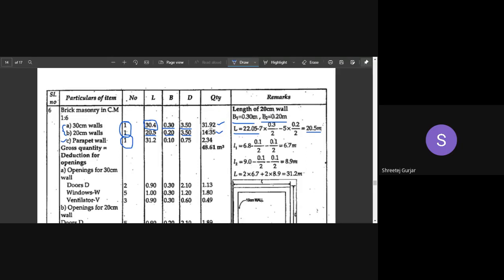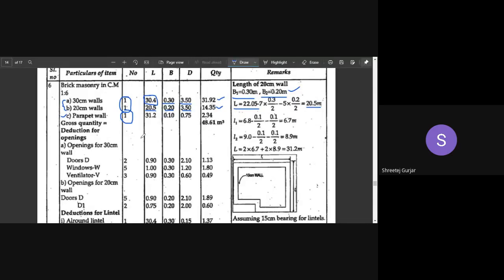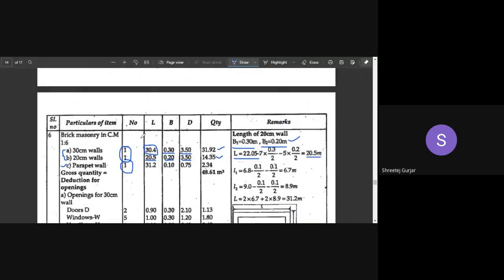So this is clear, this is very easy, so understand and remember this step wherein B1 and B2 are different. Okay, remember this, do not make a mistake while calculating this. Do not use B1 is equals to B2, which we have done in calculation of stone masonry. Okay, so coming to your parapet wall, you can see that parapet wall we have to calculate separately, and not by using the same center line length for 20 centimeter wall and 30 centimeter wall which we have used. That will not be applicable. We have to calculate them separately.